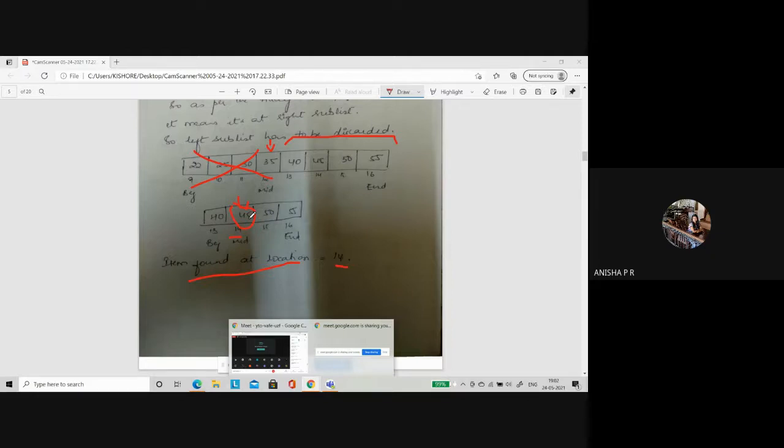Why do you use recursion? Recursion is, rather than writing the same code n number of times, 10 times, you write it one time only and you call that same function on and on. Simple, it is like you are having an egg tray. You know what an egg tray is, no? If your egg tray is a plastic tray, it is a recursive utility.